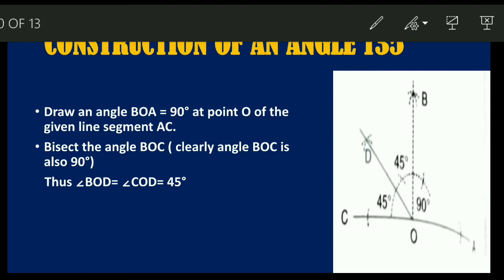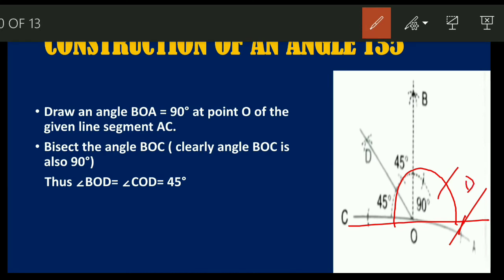Okay. Now see, what you have to do is, first you draw a straight line of any length. Take O as the center and draw one arc. After drawing an arc, then you know exactly how to draw 90 degree. Take B as the center, you can cut here. Again you take, and this is D. Now from here you can take D as the center and then cut here. Then from here you can cut here, and from D you can cut, and then you can draw 90 degree.